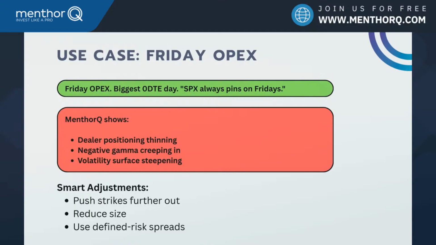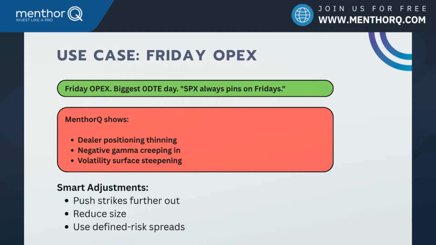Most traders sell condors because they think SPX always pins on Fridays, right? It always pins around this level, right? But then what do you see? You start seeing that dealer positioning is changing, negative gamma is piling up, and also the volatility surface changes. So you see that the pinning effect might weaken, and